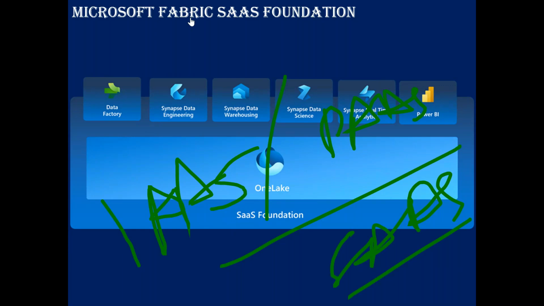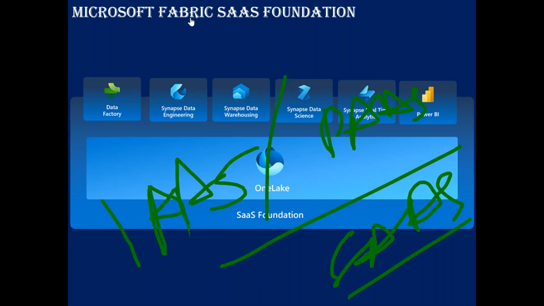Infrastructure as a service means Microsoft will provide the data center servers for our requirement. We can scale up and scale down as per our needs. Platform as a service means it will provide tools, for example Azure Data Factory or Databricks.